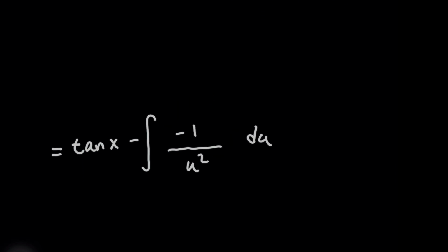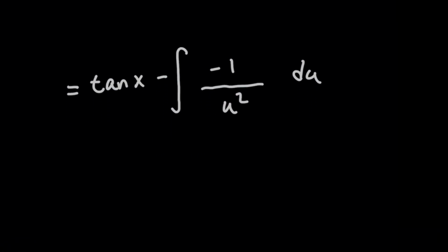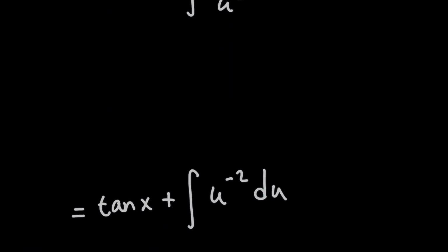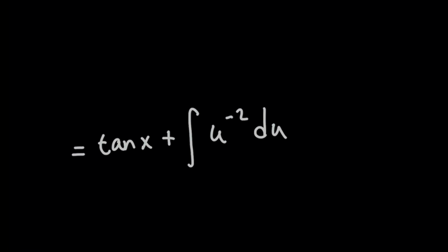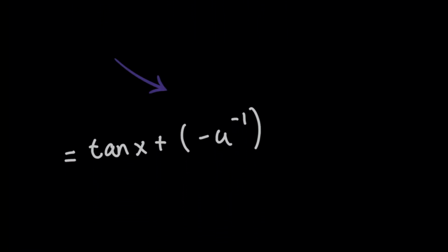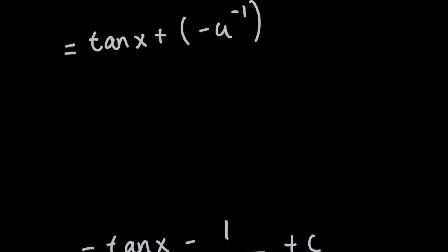And so this is actually a polynomial integration problem in disguise, because remember that you can rewrite the fraction as a negative power for u after I first simplify the negatives, giving you this other way of writing it, which is going to be u to the -2nd, and that's a simple polynomial integral. That's going to give us this -u to the -1st, but we have to now remember to go back to our variable x. So remember that we let u equal cosine of x, right? I'm going to put that back in here,